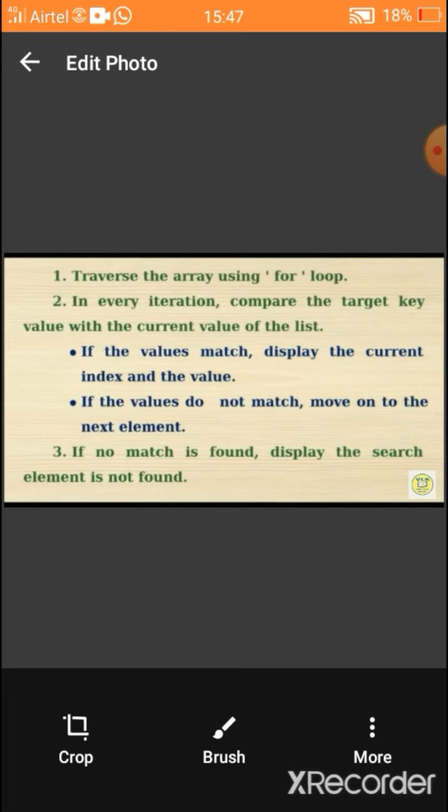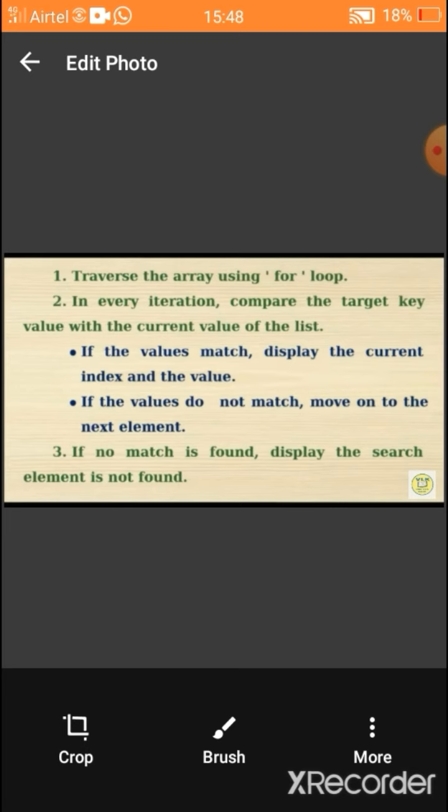That means, just remember the example we have listed in linear search. What are the values? 10, 12, 20, 25, 30. These are the values given in the list. What is our target key? 25.